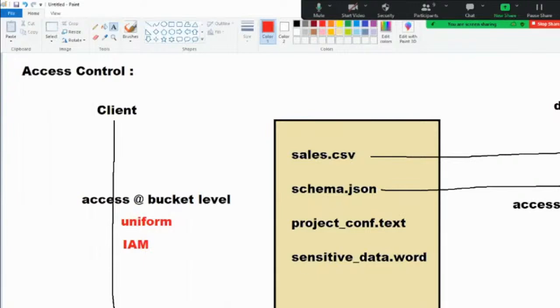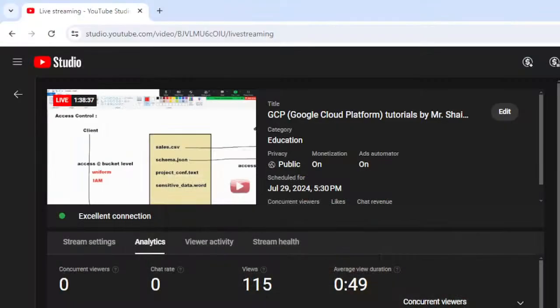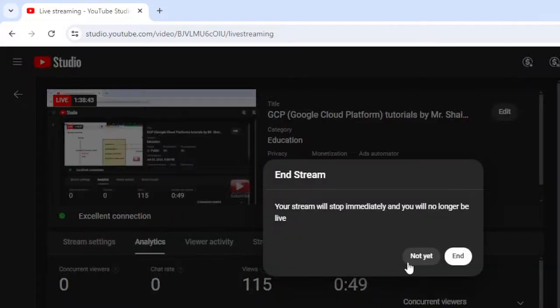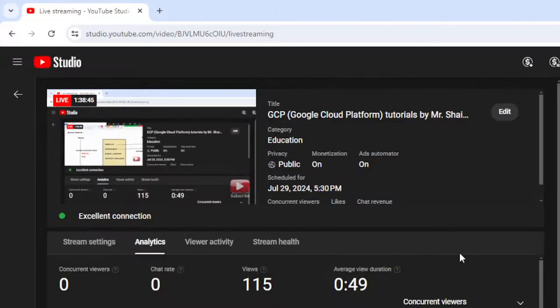The access control, there are two concepts. One is uniform, one is fine-grained. In uniform, you provide access at bucket level. In fine-grained, you provide access to specific objects to a specific person. You have to understand specific object to a specific person, because if you understand that, when I select that file tomorrow,